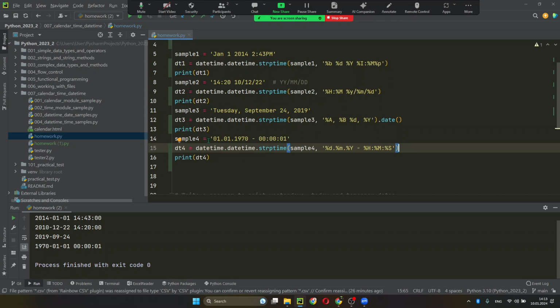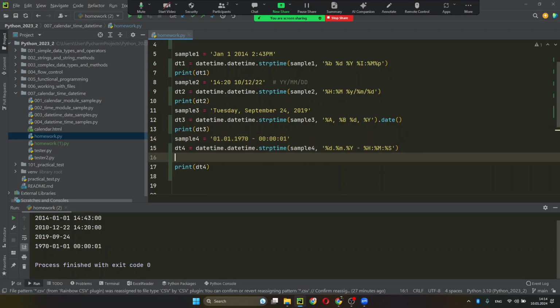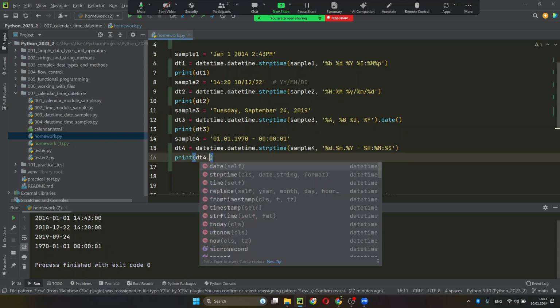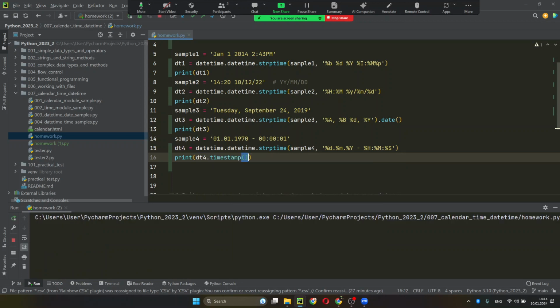So actually, if you make a timestamp of that, who can tell me what it will return? What number will it be? Yeah, not the data type, but what is the result of converting that date into a timestamp? It will be 1, because the timestamp starts counting from the 1st of January 1970. So if I actually, it's just to check you, I do it like that, dt4.timestamp,